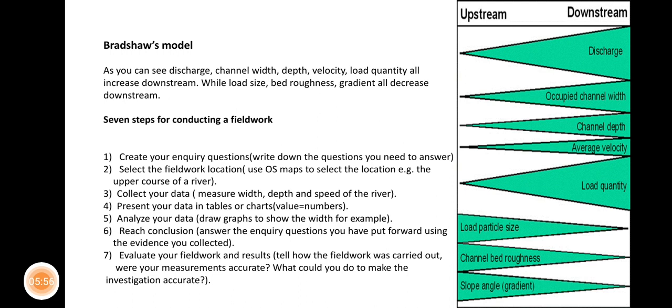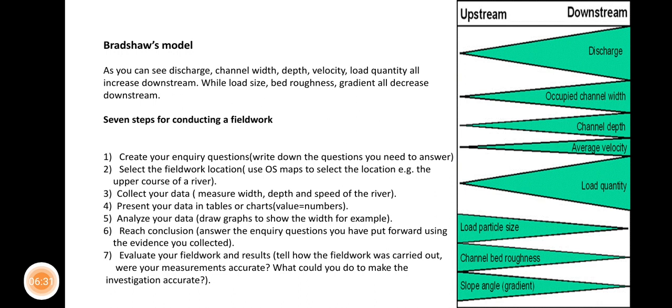Okay. We know that in geography, rivers are not alike, but they actually share certain characteristics. These characteristics are the focus of scientists or geographers. And we have Bradshaw, one of the geographers interested in studying and investigating rivers, and he dwelled on these common characteristics, and he worked out this diagram or model to help geographers study rivers all around